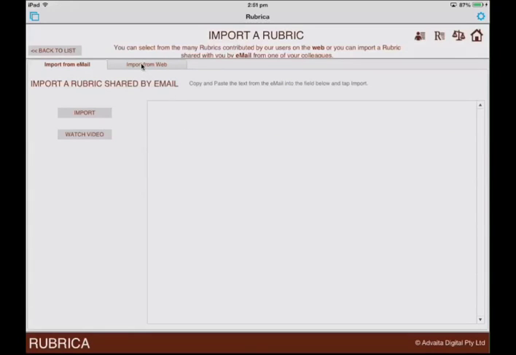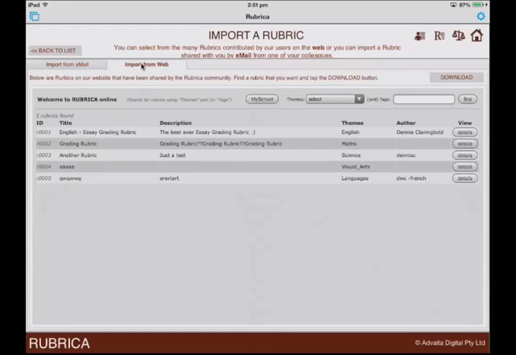But the import from web tab, just tapping there, actually takes us to the internet and lists rubrics that are published on the internet on our website. And so you'll see there that we have a My School button. So if I tap on that,